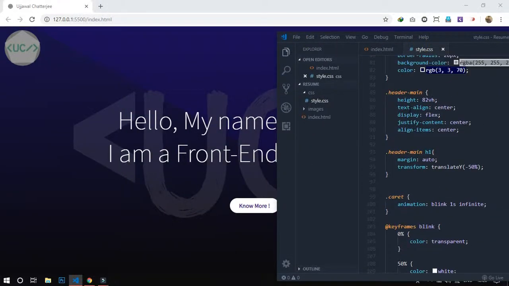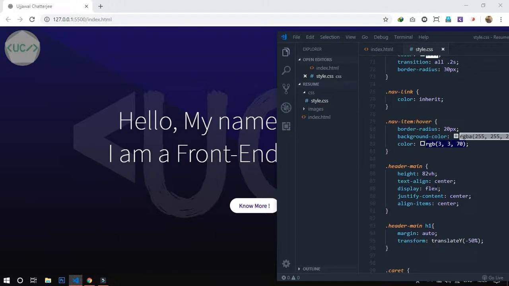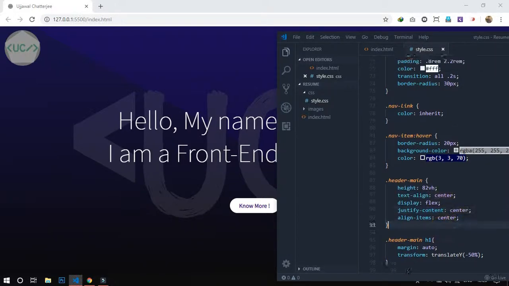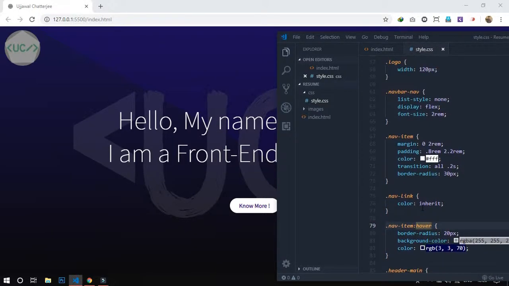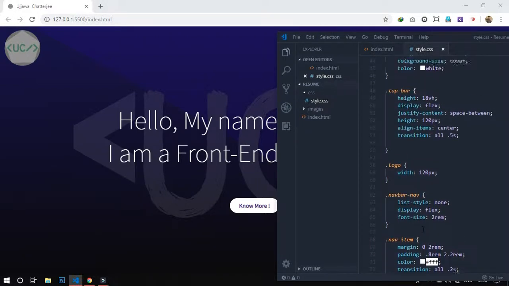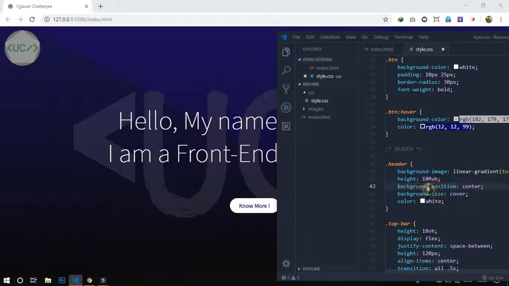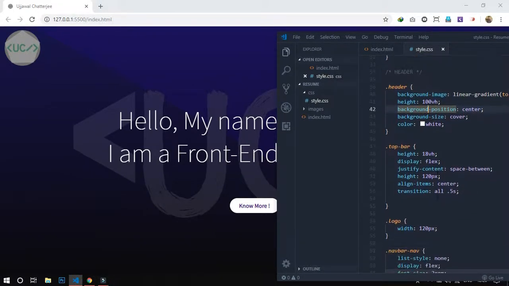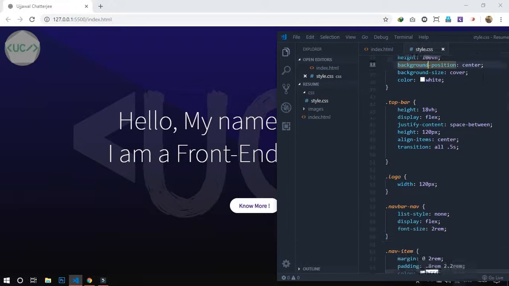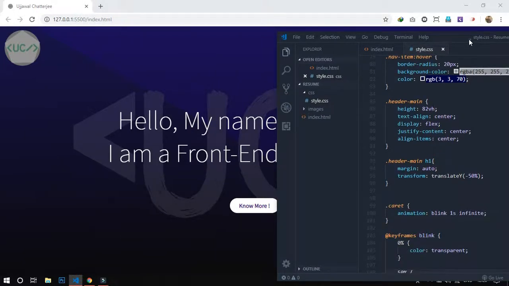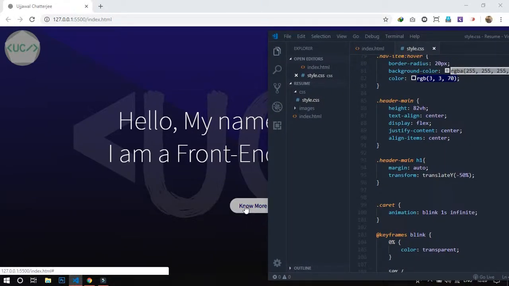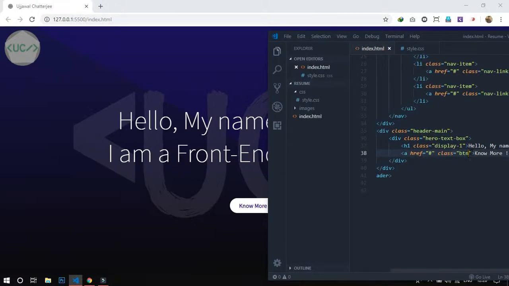Let's check for that. Header main display flex justify content center. Okay, everything is good, and yeah, everything looks good enough. So to move this button somewhat up, let us first give it some ID,